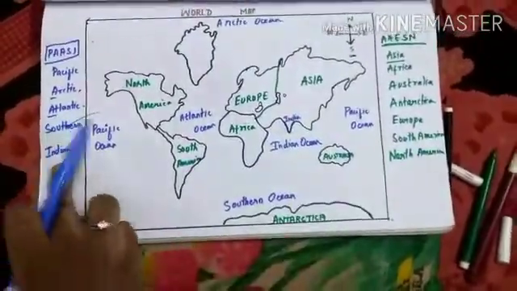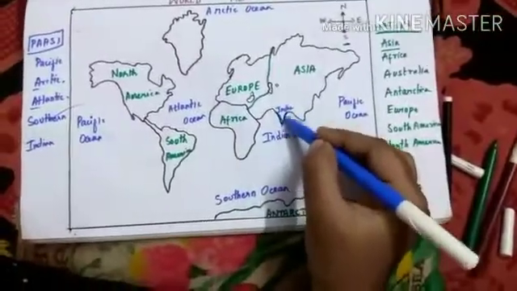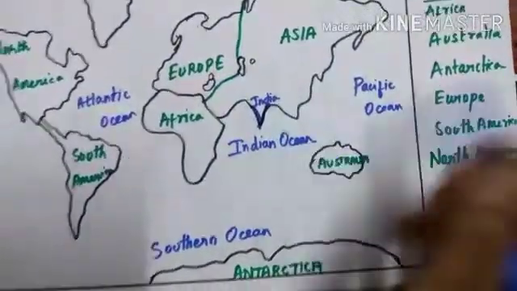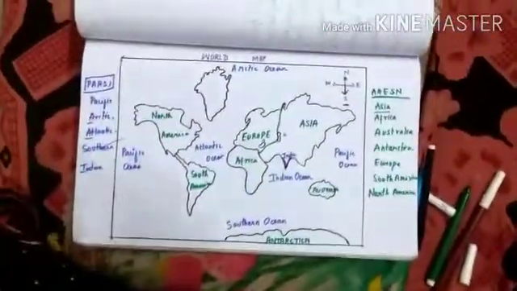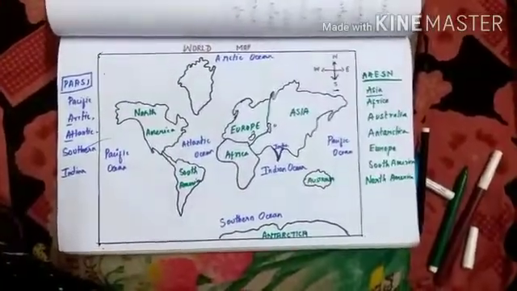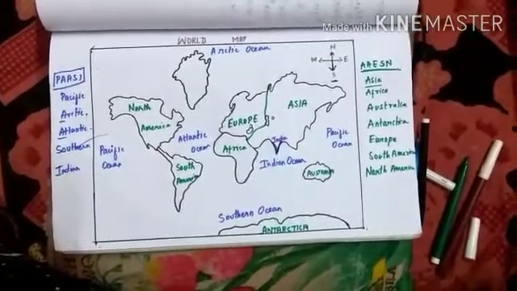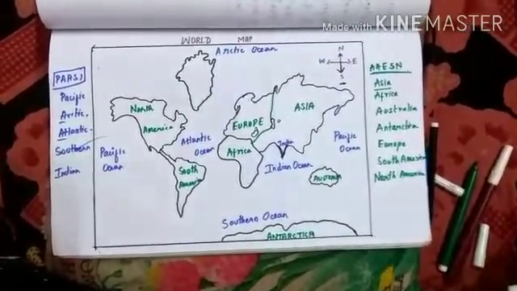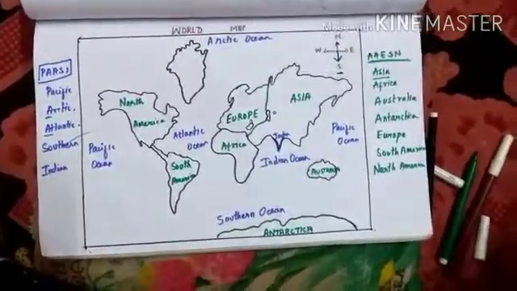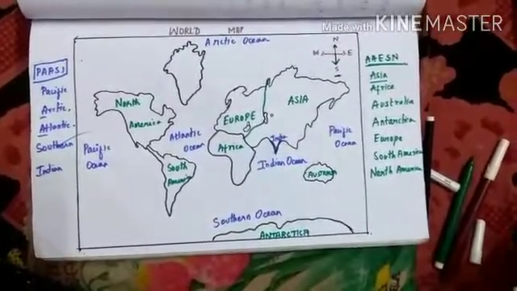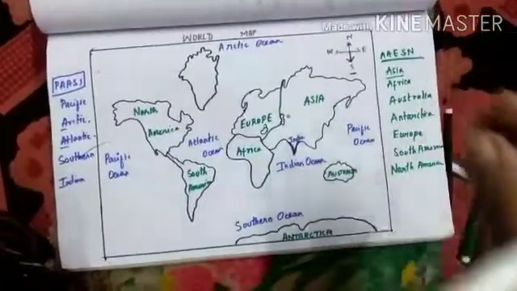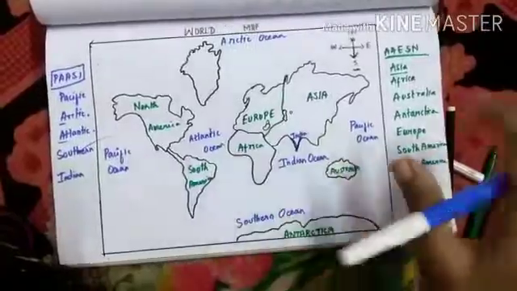For marking Indian Ocean, this V shape is called India. Below India is our Indian Ocean. These are the 7 continents and 5 oceans of our world. That's how we have to mark all the 7 continents and 5 oceans. These are the tips I gave you for the children who struggle to mark this. By learning how to mark the oceans and continents, you can easily get 10